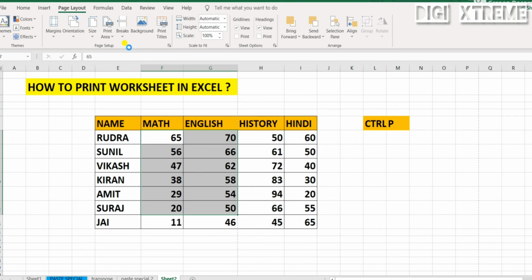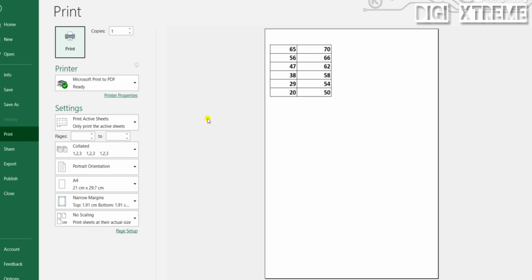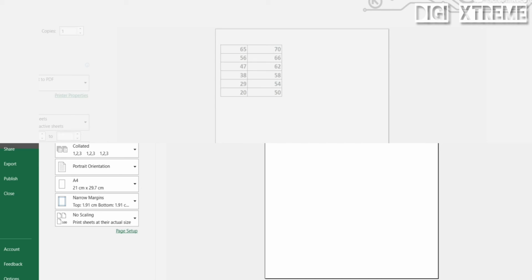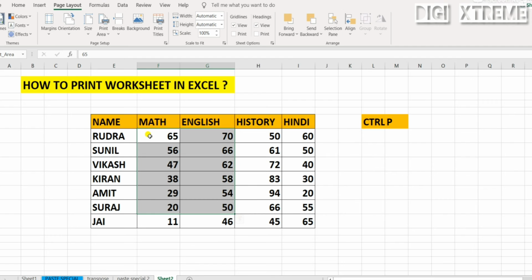Just set print area. Now if I use Ctrl P, it shows only the area I selected. And if you want to remove it, go to the same menu and clear print area, and you will have the data as before.